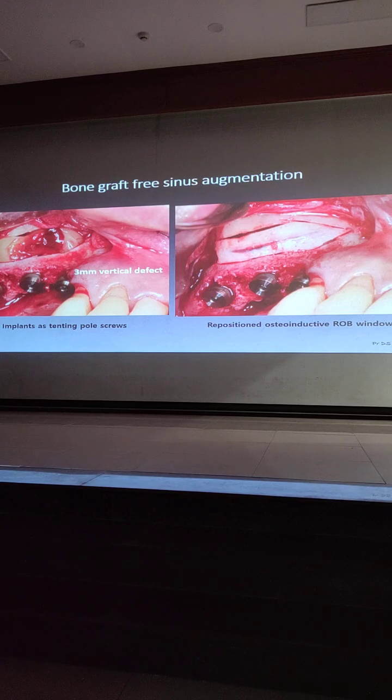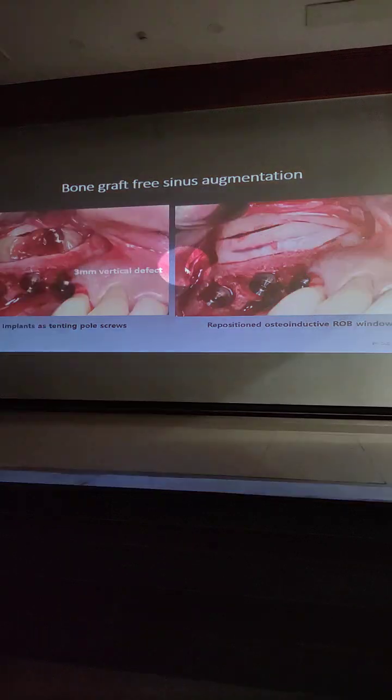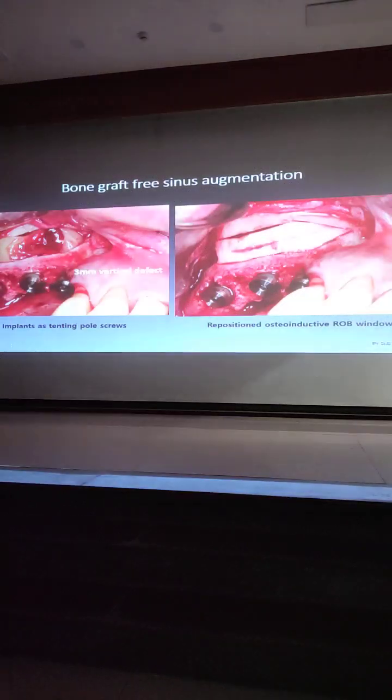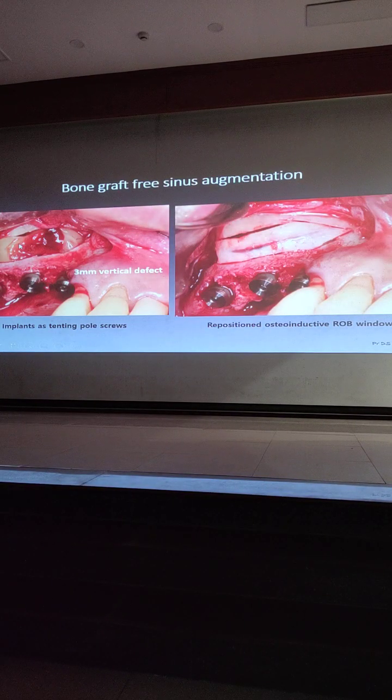I did sinus augmentation without grafting bone graft. So I placed the implant at the same time at a tenting hole screw in order to get good vertical regeneration on the defect, and only CGF membranes were placed in the sinus in order to accelerate new bone formation in the sinus. And the ROB window